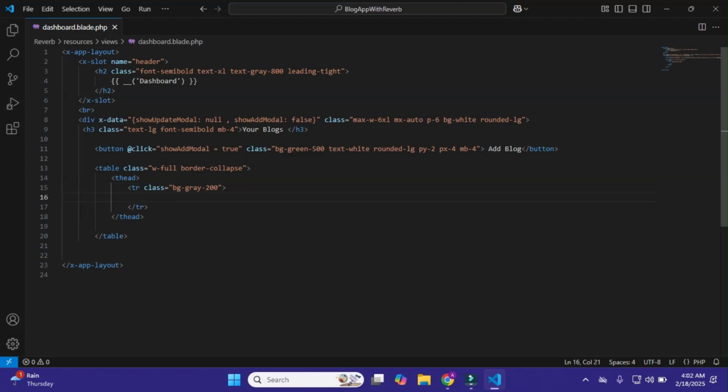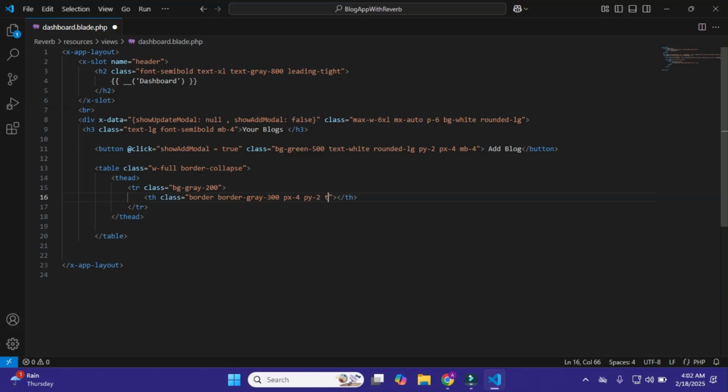We simply do this, and after it I'll make th, and give it class border gray. Okay, that's it.